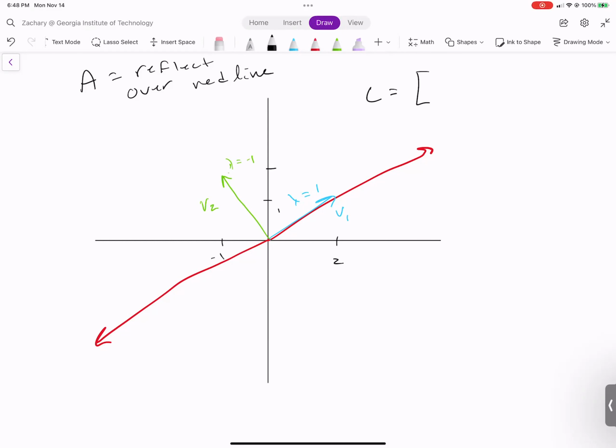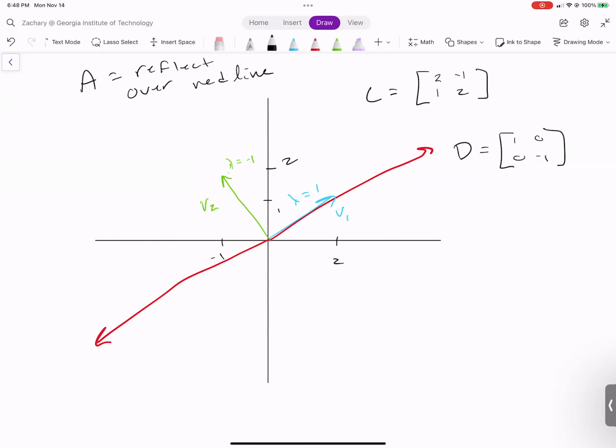So in this particular case, we would define C. Let's call this (2, 1) and (-1, 2). Just to put this in the context of diagonalization, our first vector is (2, 1), the second vector is (-1, 2), and D is a diagonal matrix with our eigenvalues.